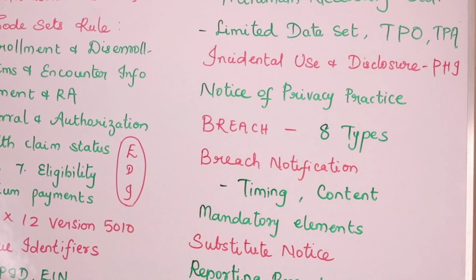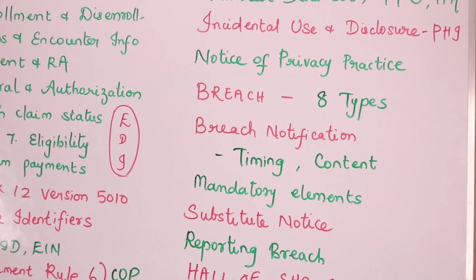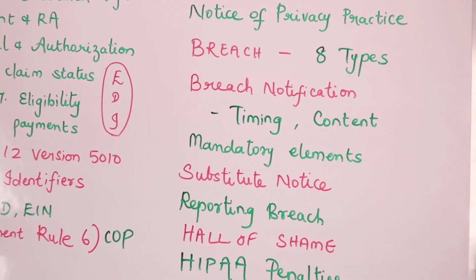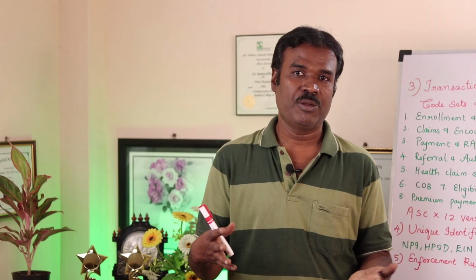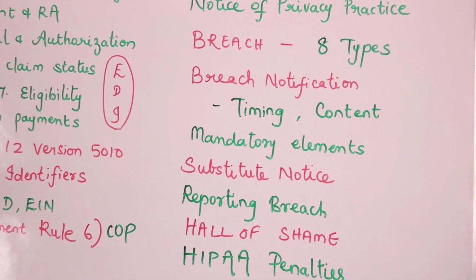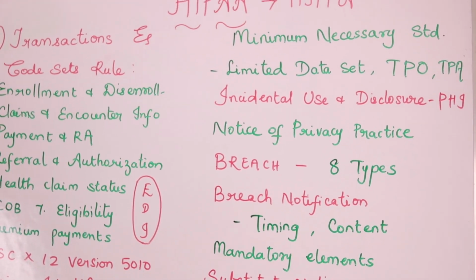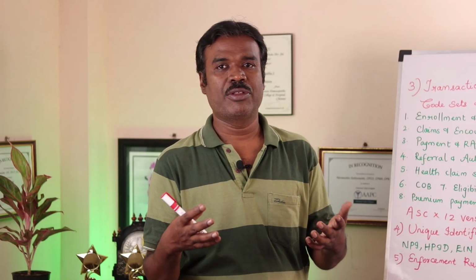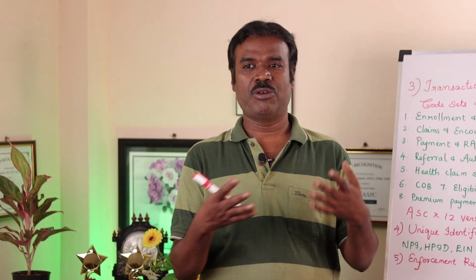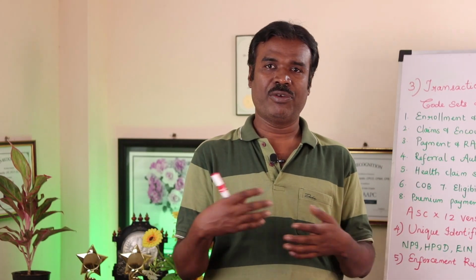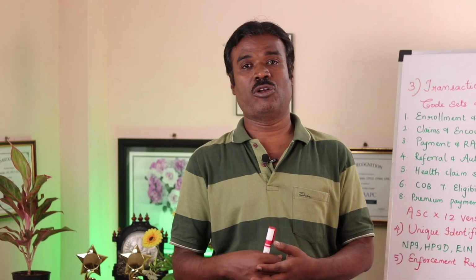Then serious threat to health. Say for example with COVID, it's a serious threat to health, right? At such emergency times, the privacy rule need not be followed so stringently. Next comes essential government functions. What are all the government services that are needed, or the corporation municipal services? At that time they will have to release it. And for workers' comp.